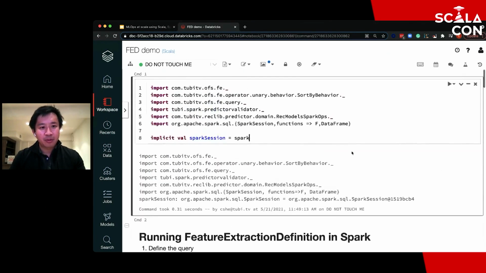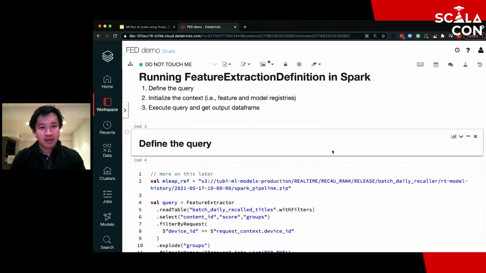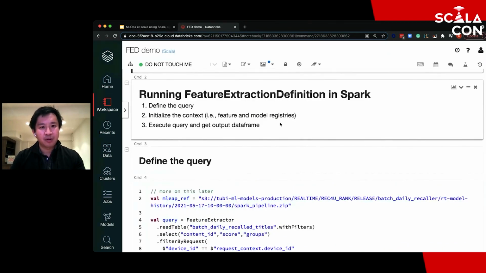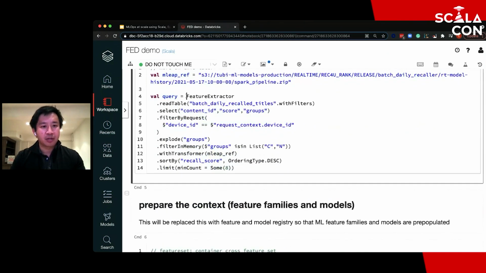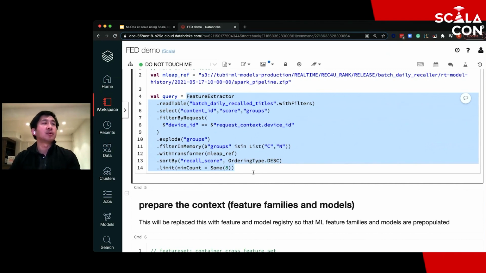Okay, so some imports. We've got a Spark session, and basically we'll show you how to run this in Spark. The idea is that we want to give our machine learning engineers a tool that is pretty familiar to what their usual tool is, so that they can do this last mile coordination between the features that they want and then put it into the model or the transforms that we want.